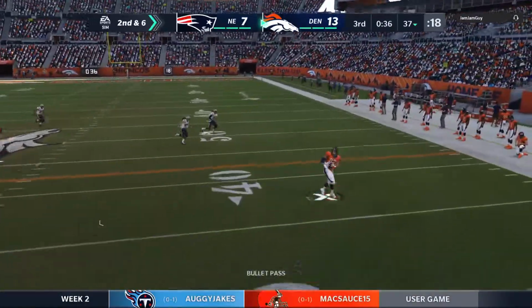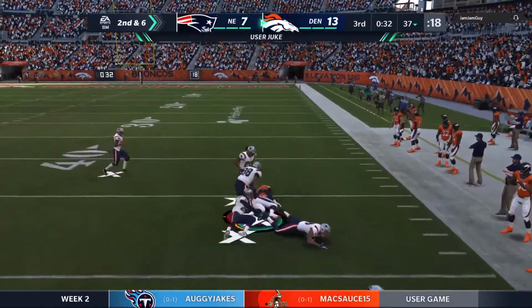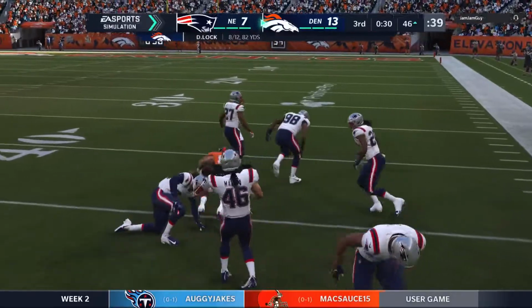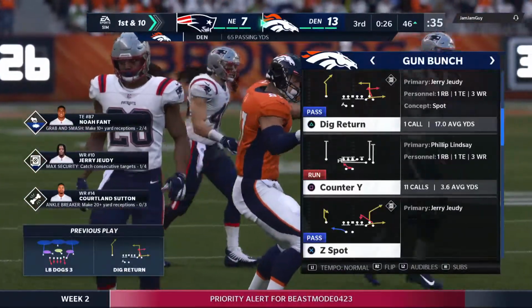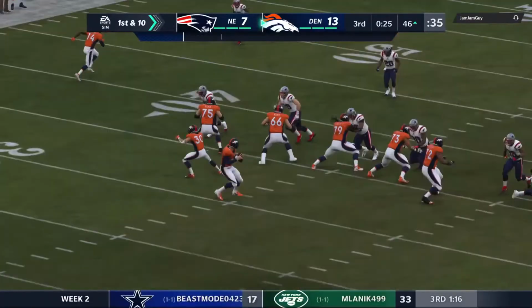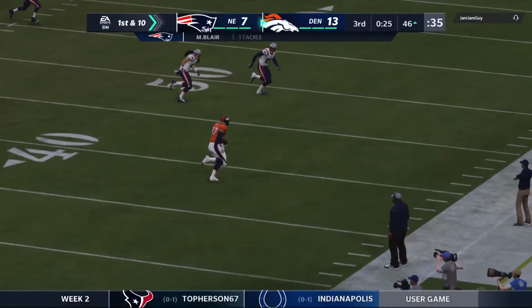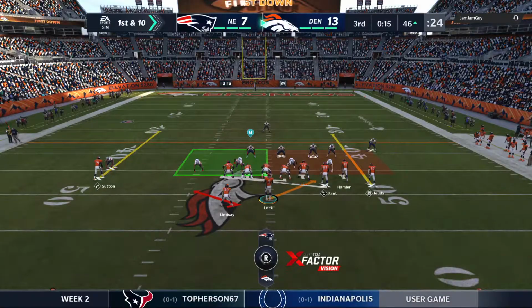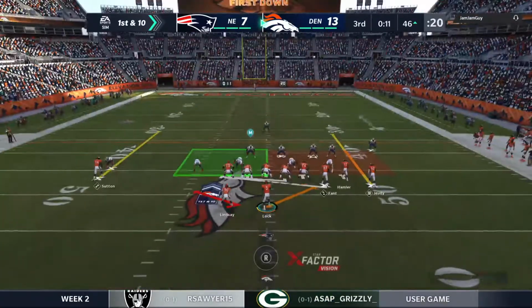From the gun, it's Locke. He's got his big tight end, Fant. And he'll be taken down, but not before he gets into enemy territory. It's a pickup of 17 and a first down. When you get a big tight end like this, sometimes it takes more than one man to bring him down. Oftentimes, your best bet, just jump on and hold on and wait for your teammates to arrive to help get